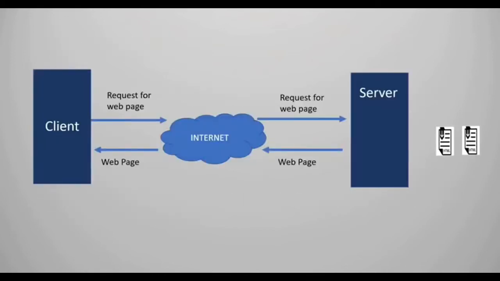Now suppose a client sends a request to the server for a particular web page. The server will check for that page in a repository. Now suppose that the requested page is not a pre-built page, that means that page is not a static page. So here the server will create a page for the client. Now the question is how the server will create that page for a client. It will create that page with the help of a helper application, and that helper application is known as a web container. So on your server you will have a web container.